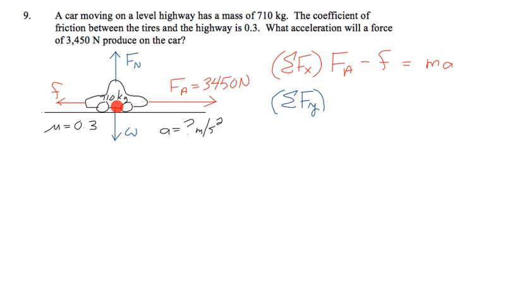That's positive and that's negative. So it's going to be Fn minus W equals, now just like the other one, it does equal ma, but this is an acceleration in the x direction because I added up forces in the x. Since this is the y direction and I combine these, they're going to give me an acceleration in the y direction. Well, my car is only going to move in the x direction. It's not going to move in the y direction, so I know that the acceleration in the y is 0,